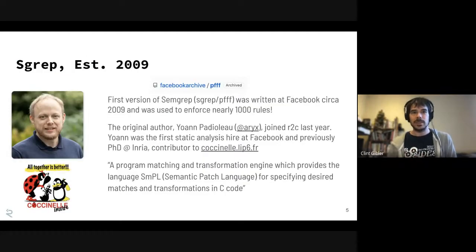So Semgrep actually has a pretty long history. It was originally called Sgrep, and it was created at Facebook by Yoann Podolou, who was Facebook's first program analysis hire. So if you go on GitHub, it's Facebook archive/pif, which was actually used to enforce around 1,000 secure coding